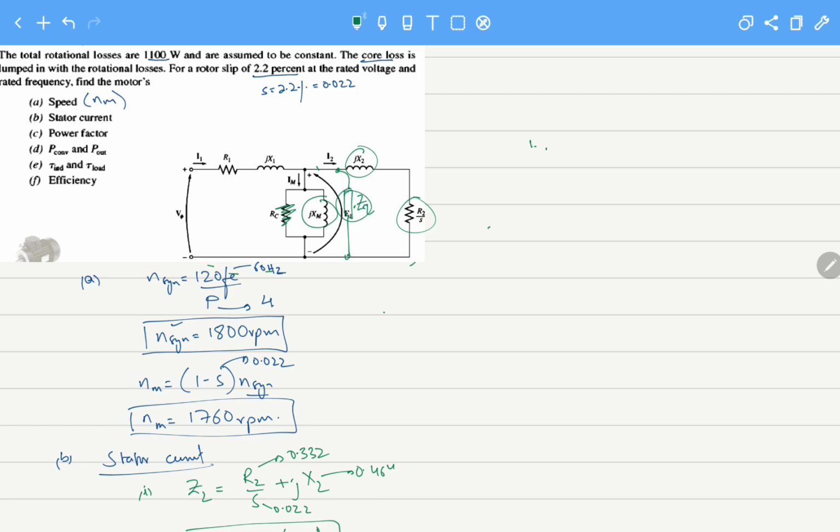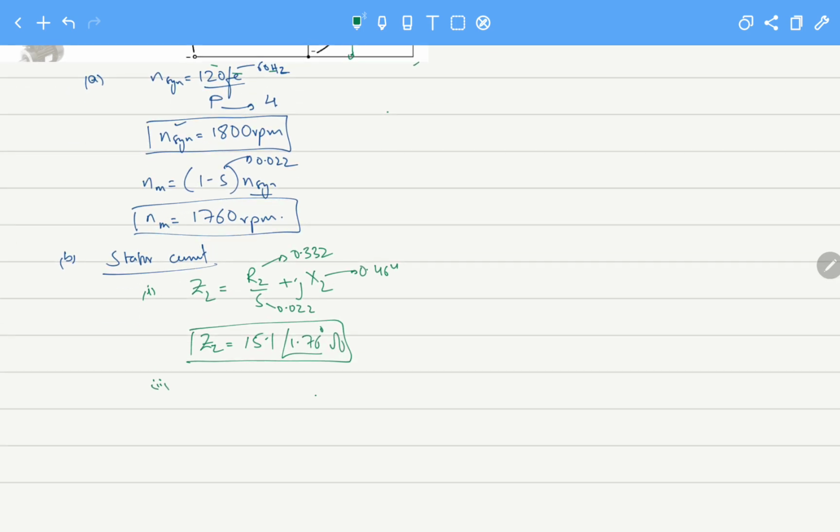They both become parallel. How did I calculate Z2? I added these two impedances. So I call this ZF, and it will become jXM times Z2 divided by Z2 plus jXM, because they are two parallel impedances. When we solve them, with jXM and Z2 already calculated, ZF becomes 12.94